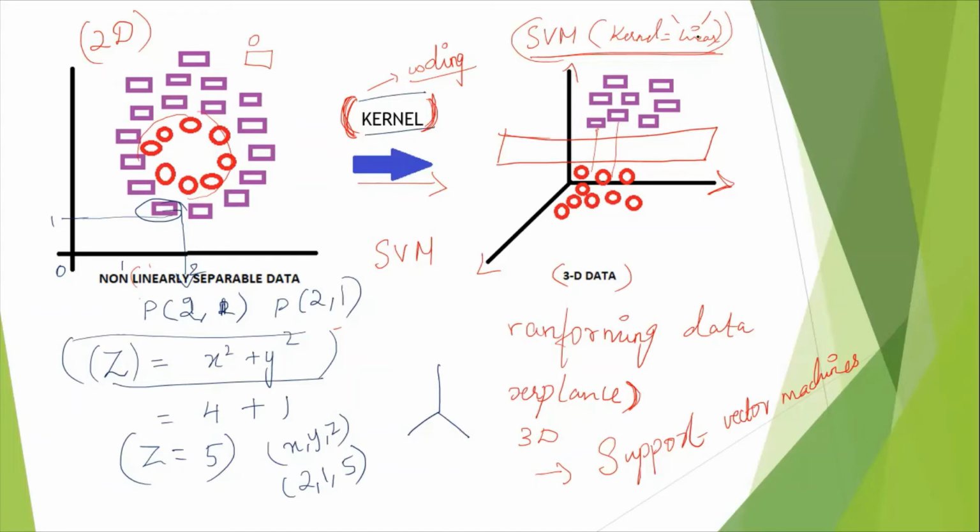For that it uses three different kernels: linear, polynomial, and then RBF. RBF means radial basis function. So this way a point is plotted. This single point is plotted here, suppose. So that way each point will be inserted in a function, and the z value will be found for each point, and then it will be plotted in a 3-dimensional space.